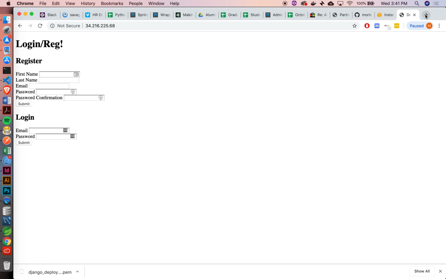Yeah, go to my login reg. Start adding some movies. Yeah, I'll give you the address. It's 34.216.225.68. All right, I'll put in my info. Put in your favorite movies. So not too bad. If you're doing it fairly quickly, you could probably do it in like 20 minutes. The password has to be more than... Yeah, validation. Okay, so we do that whole process every time we